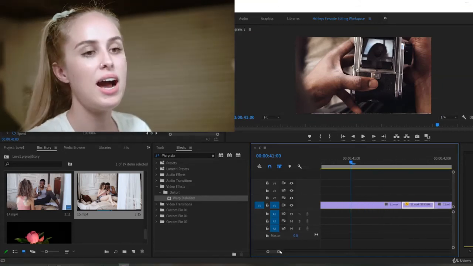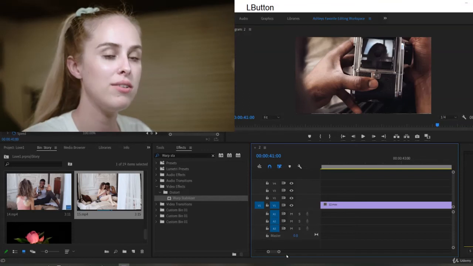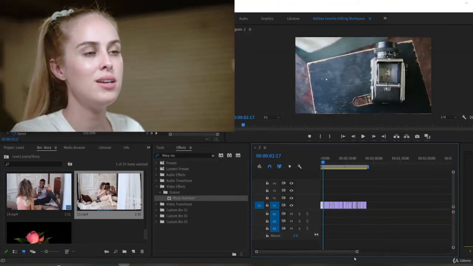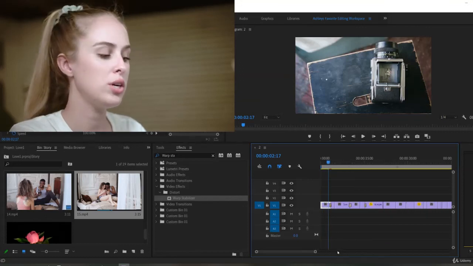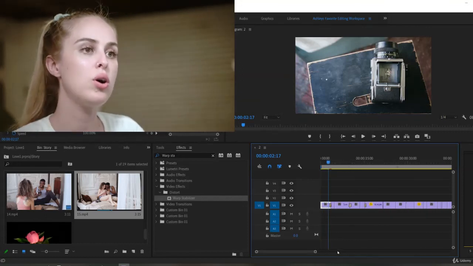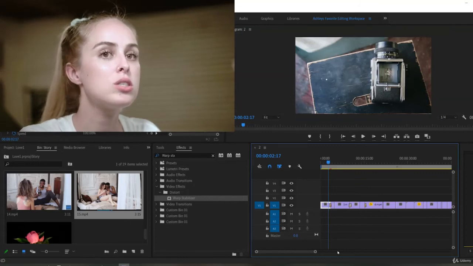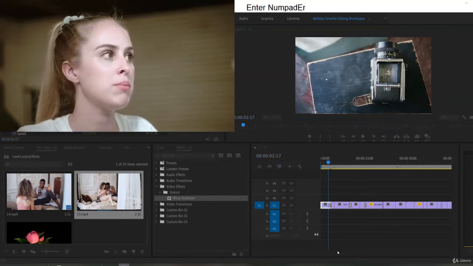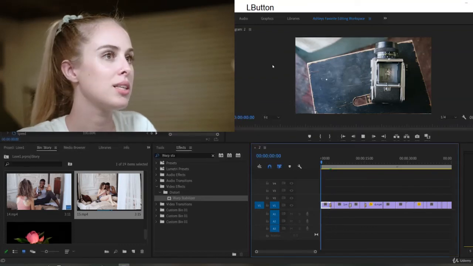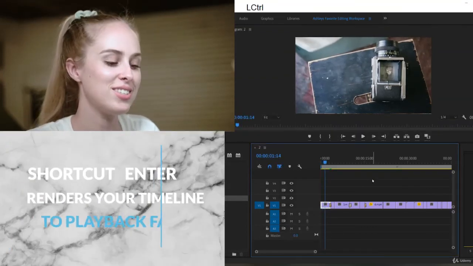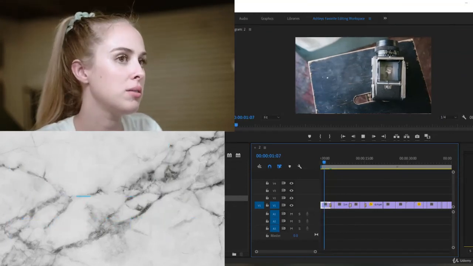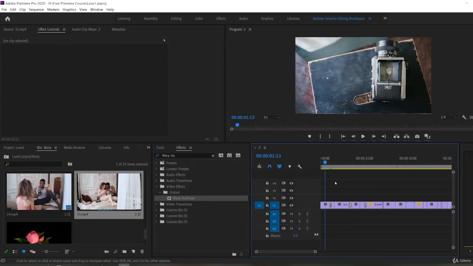before. Now that I have some of these different effects in my timeline, if it's ever red like this, what you can do is you can render it. So let's say your timeline is playing slow and you have a ton of clips in and whatever. Something that I will do is I will click enter, Control Z. So I had the render thing on a different screen. If I wanted to, let's say, render this entire area to make it go faster,